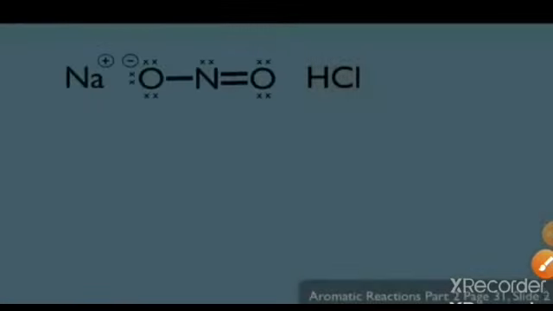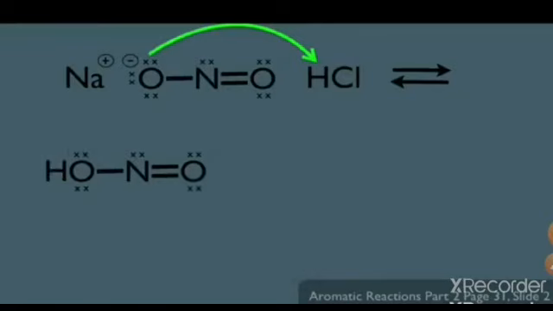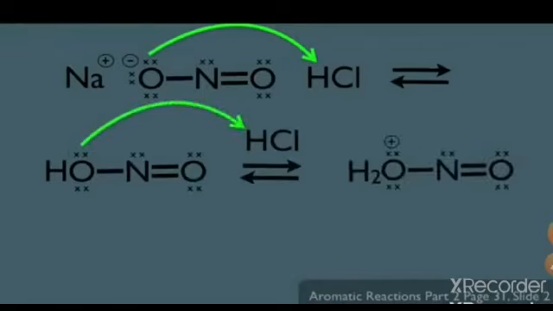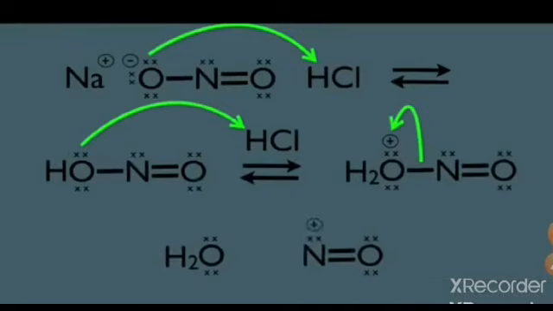Now understand the mechanism behind the reaction. Let's first talk about how NaNO2 and HCl react with each other. That is the first step of the mechanism. NaNO2 is protonated by the HCl. This is just an acid-base reaction. We form this as a product. Then another HCl in the solution protonates the same oxygen. Now it converts into water, which is a better leaving group. Water will be removed as a leaving group, so we end up with water as a product and an N double bond O positive ion, which is known as the nitrosonium ion.